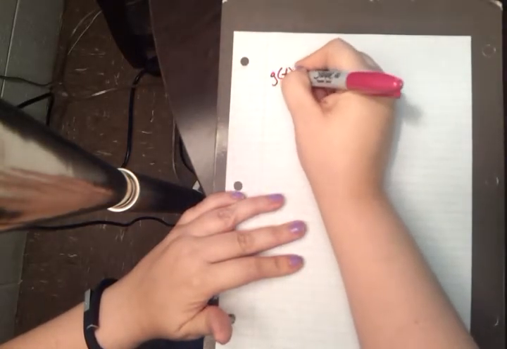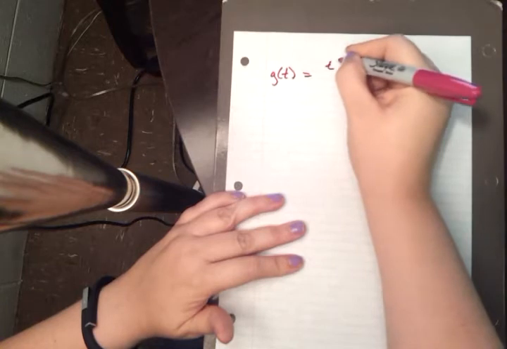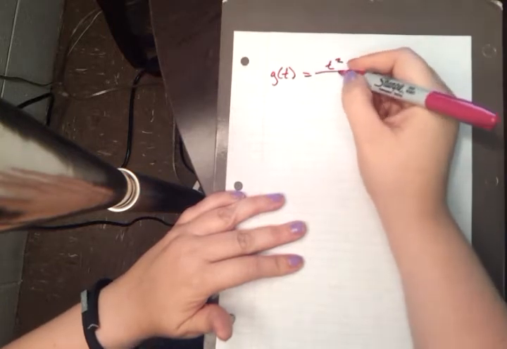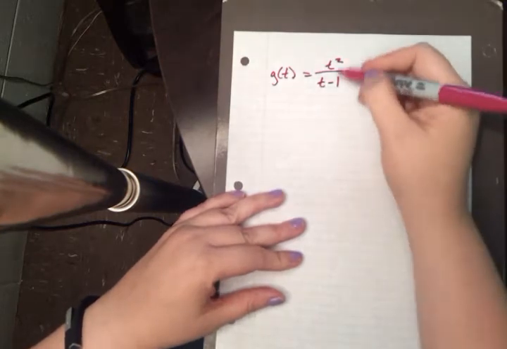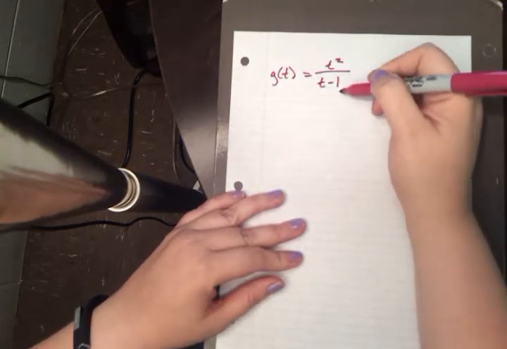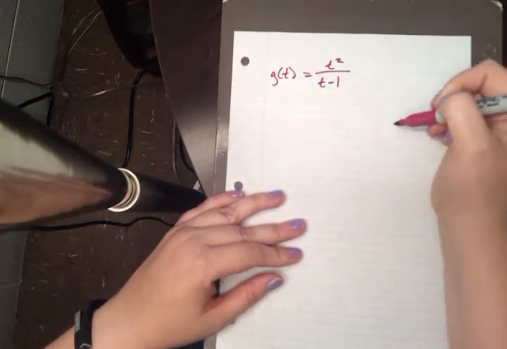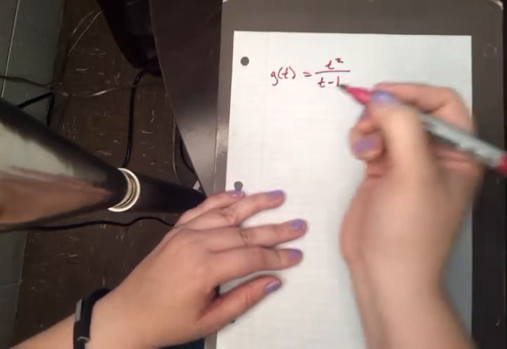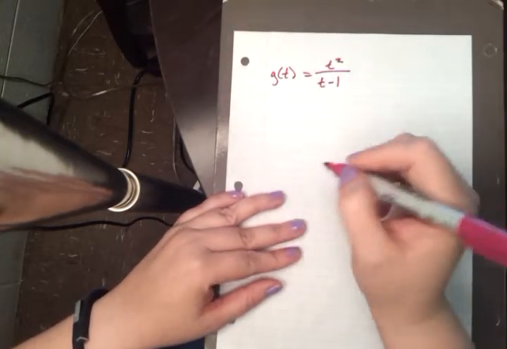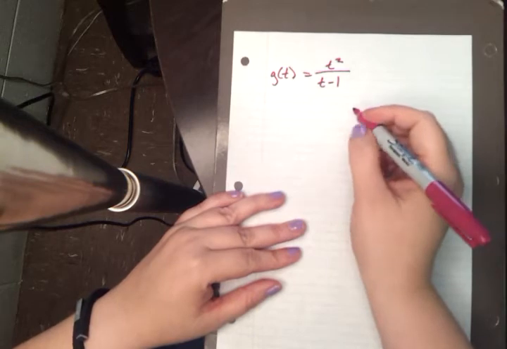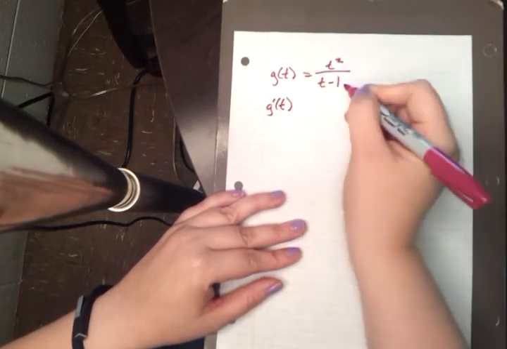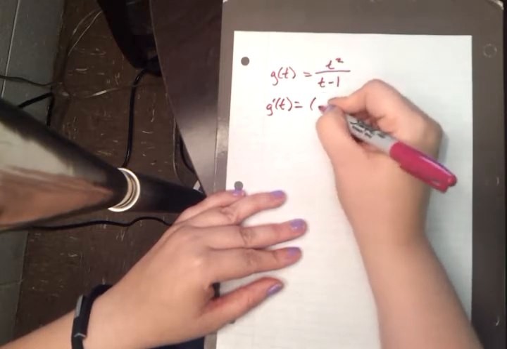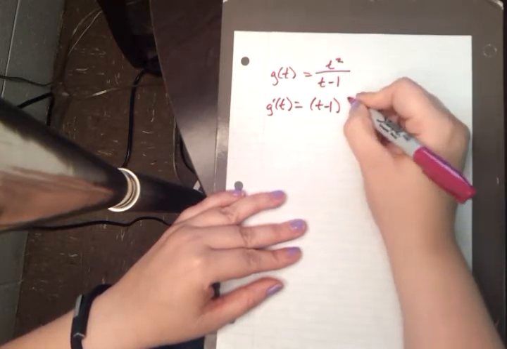They're giving us g of t equals t squared over t minus 1. Okay? I've got functions, one in the denominator, one in the numerator. I'm going to have to use the quotient rule. If you're shaky on the quotient rule, go back and look at the videos on the quotient rule from homework 6. So g prime of t is going to be the bottom, so t minus 1, times the derivative of